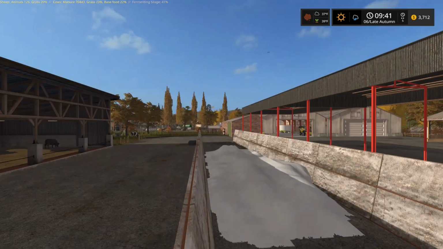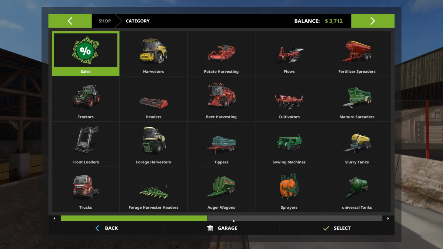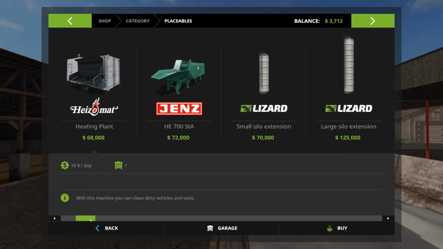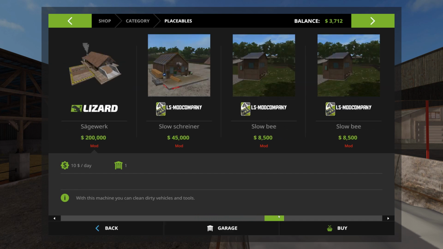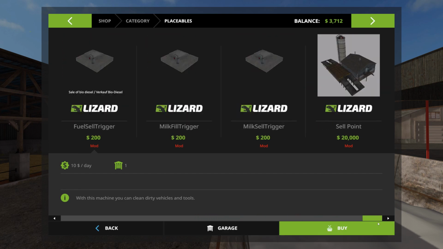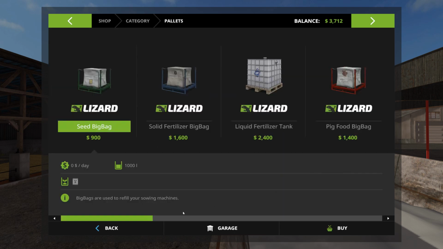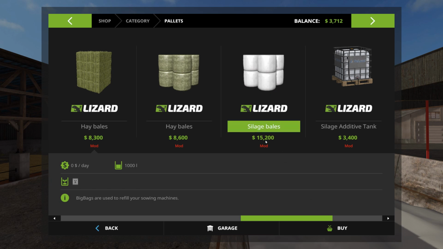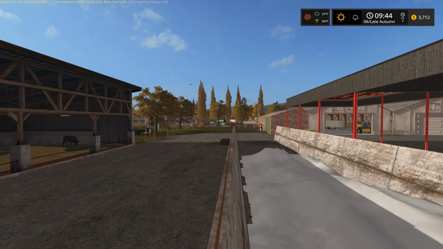from Steve at sales over there. Actually, we can kind of look at that now. I think that's going to be under placeables. I think I can buy... I had the mod installed. I think it's still installed. Or it's... no, I don't know where that is. Pallets. No, it's under pallets. Can I click on pallets, please? Thank you. Silage bales. Yikes. Alright, we'll see what I can do there. But for now,